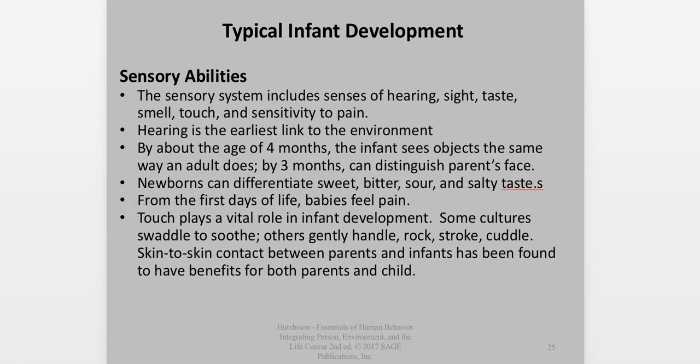Taste, they can differentiate practically at birth between sweetness and bitterness, sourness, and of course from the very first day of life, babies can feel pain. Touch, in and of itself, is mentioned as a very vital part of infant development, and there are different ways that cultures soothe infants.